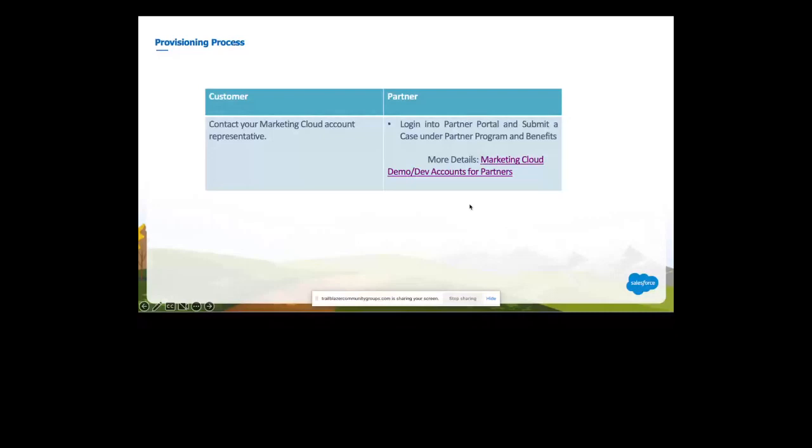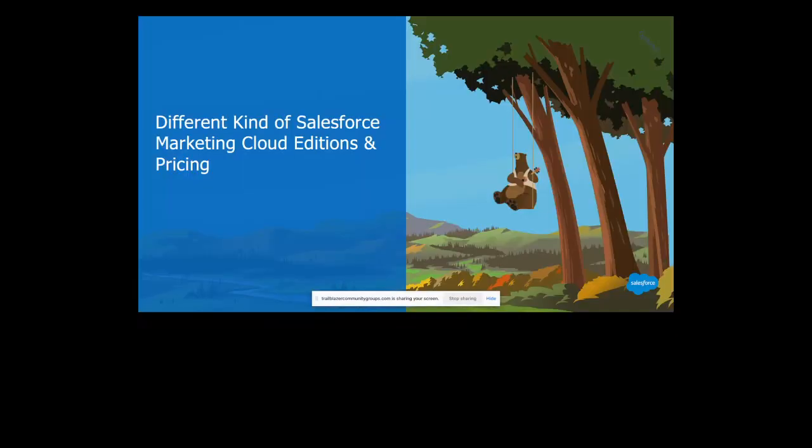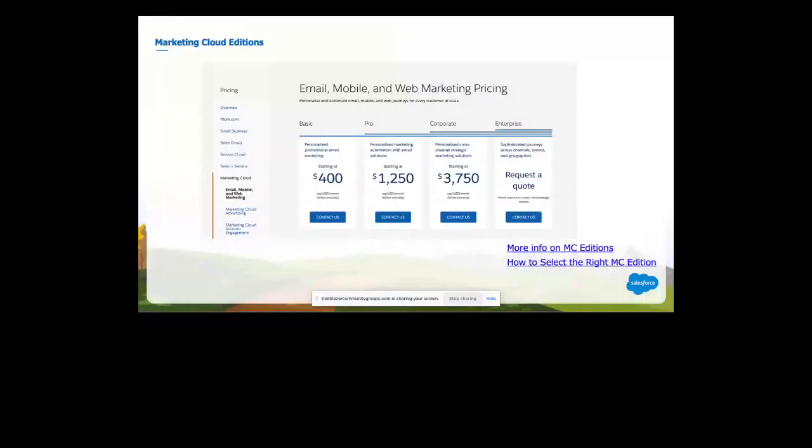So the next thing is, what are the different kinds of Salesforce Marketing Cloud editions and pricings? The biggest question here is, I would like to purchase a Marketing Cloud edition, but I don't have any further details. I'm really not sure what kind of products are available, what the pricing is and all the structure. Ideally, you can see under Marketing Cloud editions, when you go to the Marketing Cloud Salesforce page,